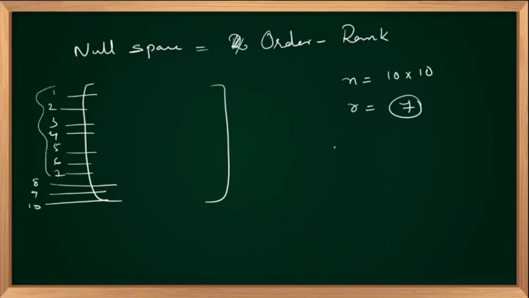So I'll write like this. R1 is an independent row. R2 is an independent row. R3 is an independent row. R4, R5, R6 are independent rows. R7 also is an independent row. Now R8 I can write as